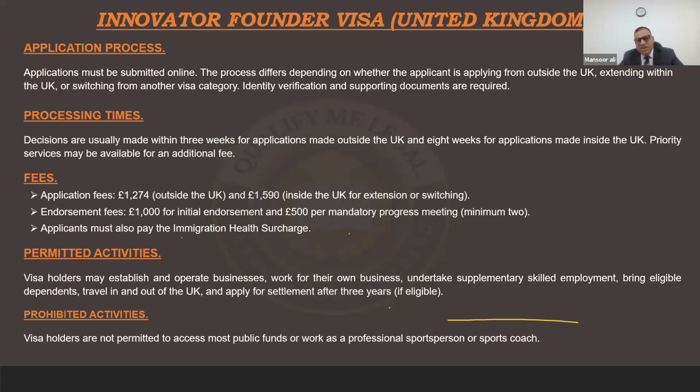If you are a young lawyer from outside the country, do not go straight to the innovator founder visa, because there are a number of things you need to handle for it. Start from the basic categories, for instance visit visa categories. Learn the immigration law, learn the rules, learn the guidelines. As I told you a number of times, immigration law is not a small field, it's a very, very large field.